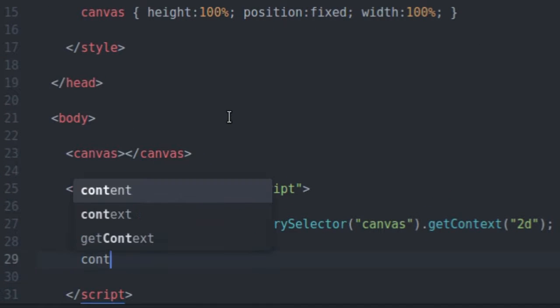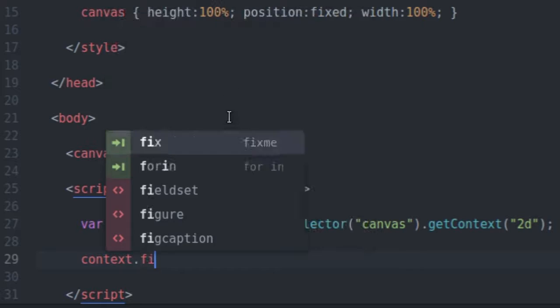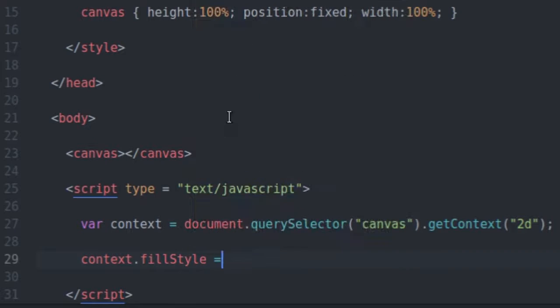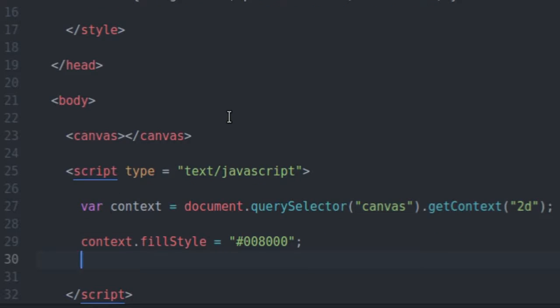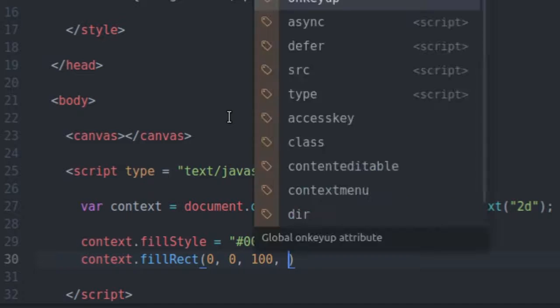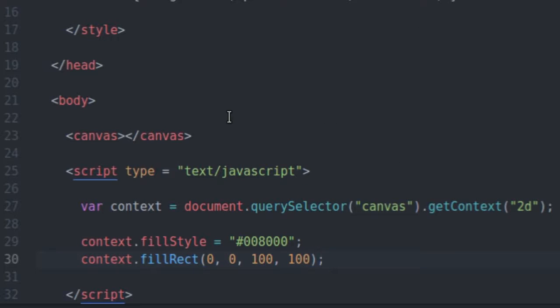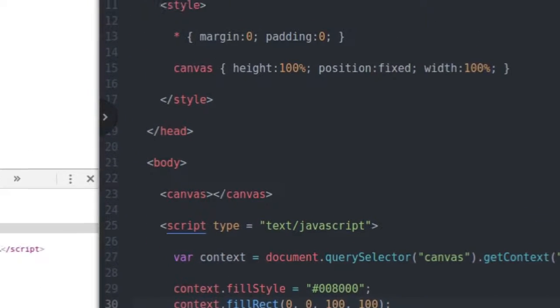So now I'm going to say context.fillStyle equals, like my go-to green color here. It's going to make it a nice mid green or dark green. And I'm going to say context.fillRect, and 100, 100. So that's going to draw a 100 by 100 width and height rectangle of green inside of